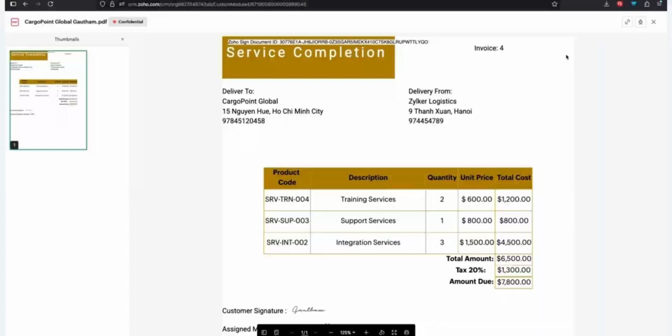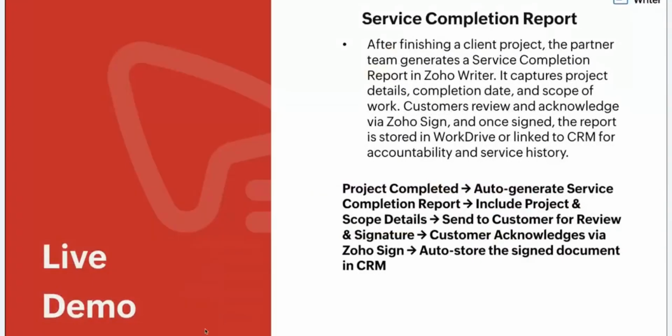Now, let me just, yeah, that's about the demo sessions. So apart from this, in